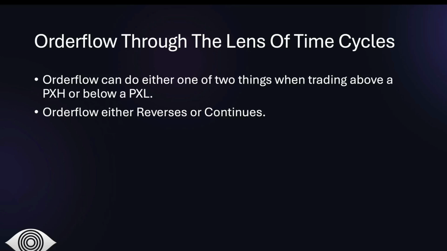When, for example, price was bullish and we trade above a previous cycle's high, doesn't matter what cycle it is, doesn't matter what time window, we see price trade above a previous cycle's high. If we see signs present that price is going to turn around after trading above that high, then that could mean that price is going to reverse and that order flow is going to change from a buy program into a sell program. However, it is also possible that price is going to continue the buy program after trading above the previous X high and that order flow will continue higher.